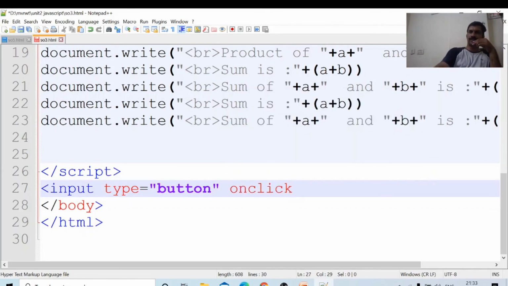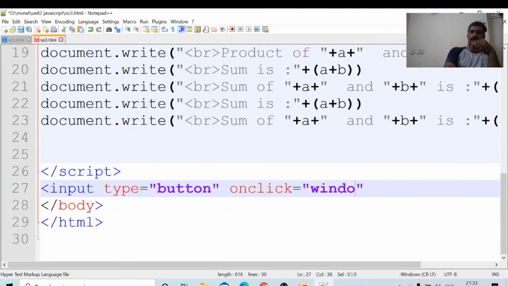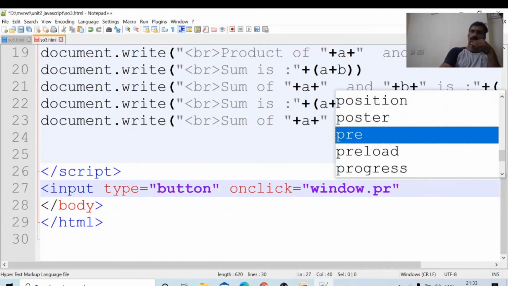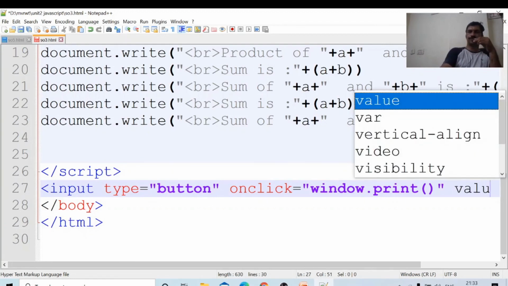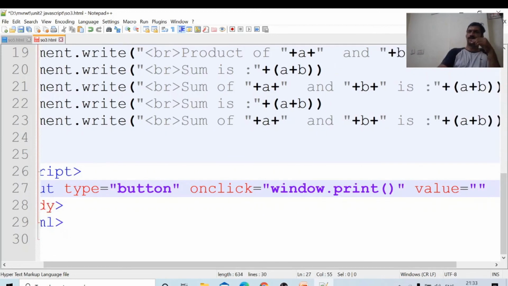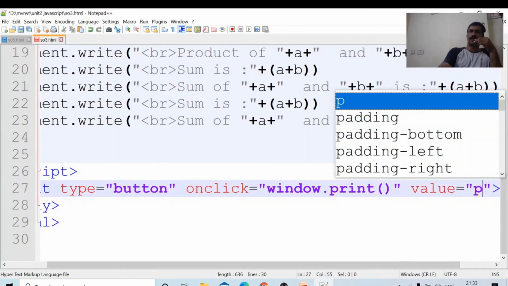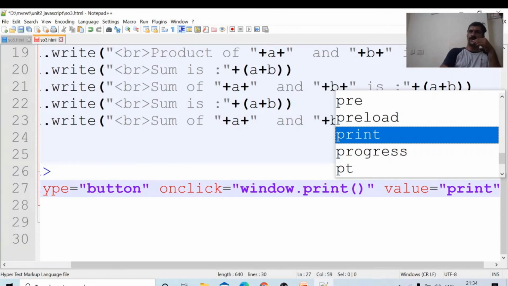On click, I will write here the method window dot print. Window dot print. Value equal to whatever we have given, and this will be displayed: Print me, print this page.